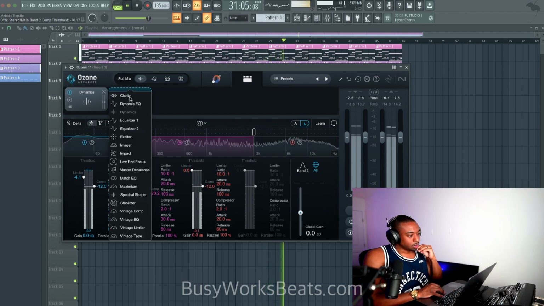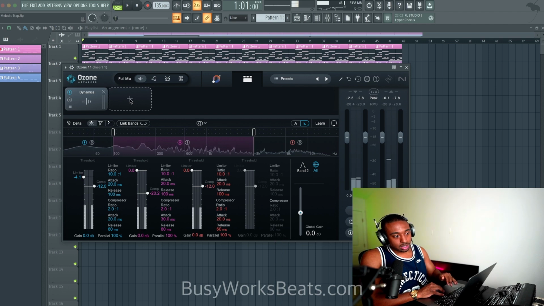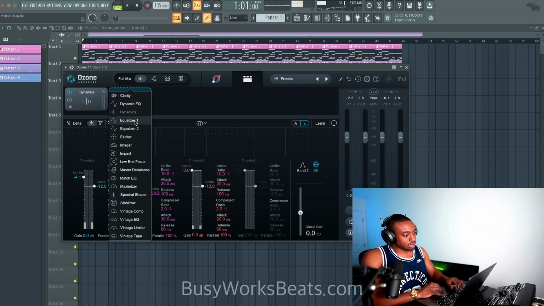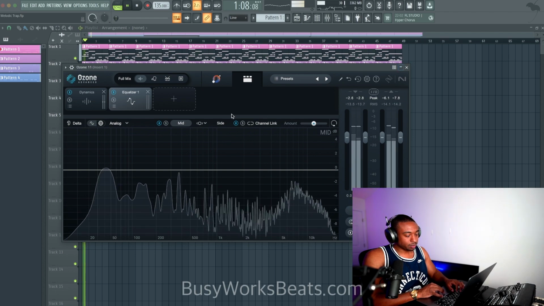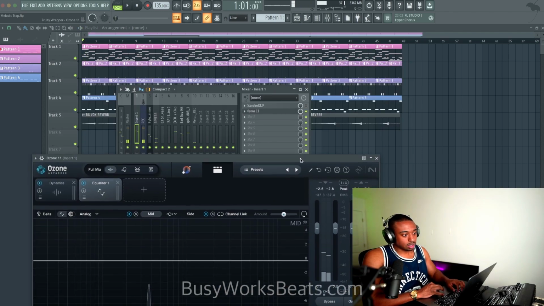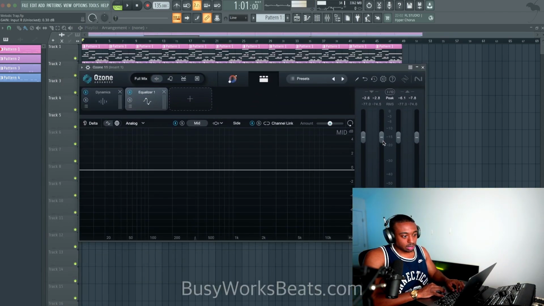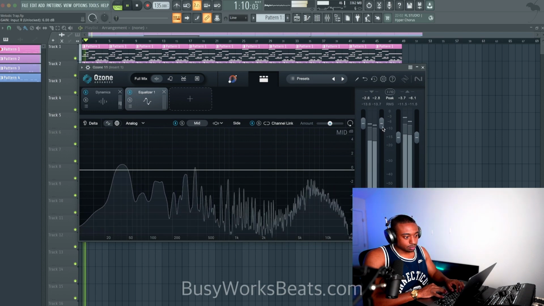And then nextly, let's move into, now with vocals, I would usually go into clarity at this point, but nextly, let's go into EQ1, number 1. And then let's check the mid and side information. Notice how quiet it sounds without the clipper. So to compensate for now, I'm just gonna up the gain so we can actually hear.